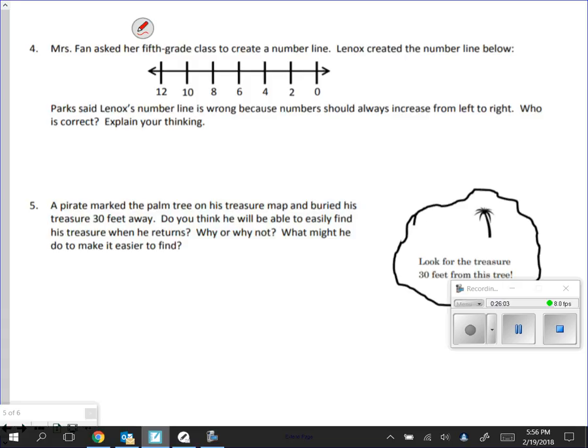So, is Lennox's number line right or wrong? I want you to discuss that with your partner and come up with an answer. Okay? You should have discussed it, and Lennox is actually correct. If you've thought about any of the other number lines that we had, Lennox